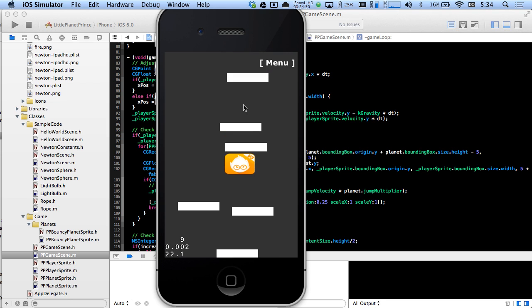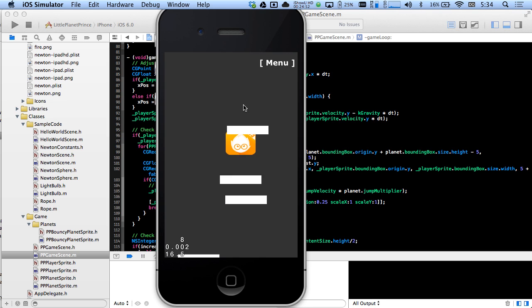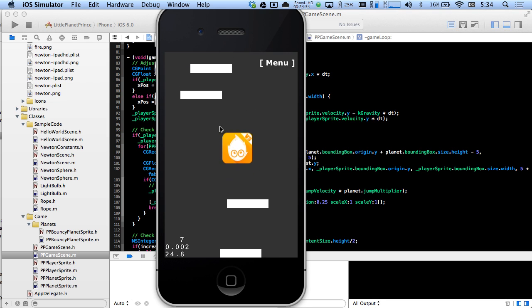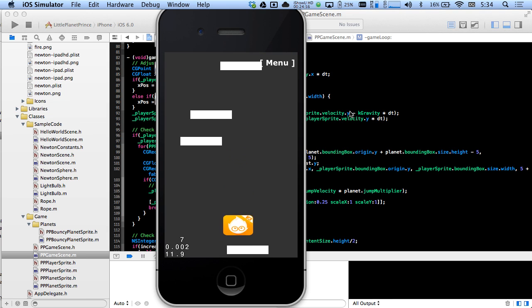So there's just one example of how you can start throwing in some dynamic elements. And what we can do today is